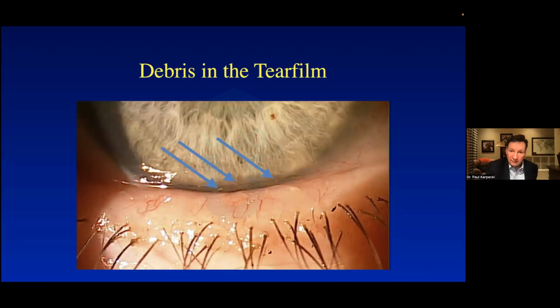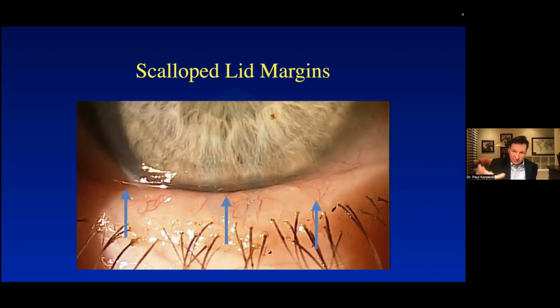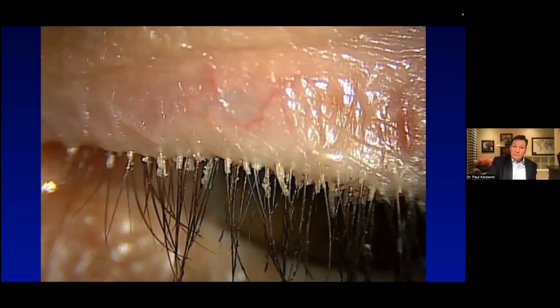Debris in the tear film. That was subtle. I wonder how many people picked that one up. I'm not sure how to pick that one up, except by looking at this picture real carefully later. Thickening of the eyelids, tylosis, scalloped lid margins. It's hard to see that from this angle, but those really are little scallops, not extreme. But the ultimate way of picking up on the collarettes, which we talked about earlier, is to have the patient look down. Now, remember that because that's really important in your diagnosis.